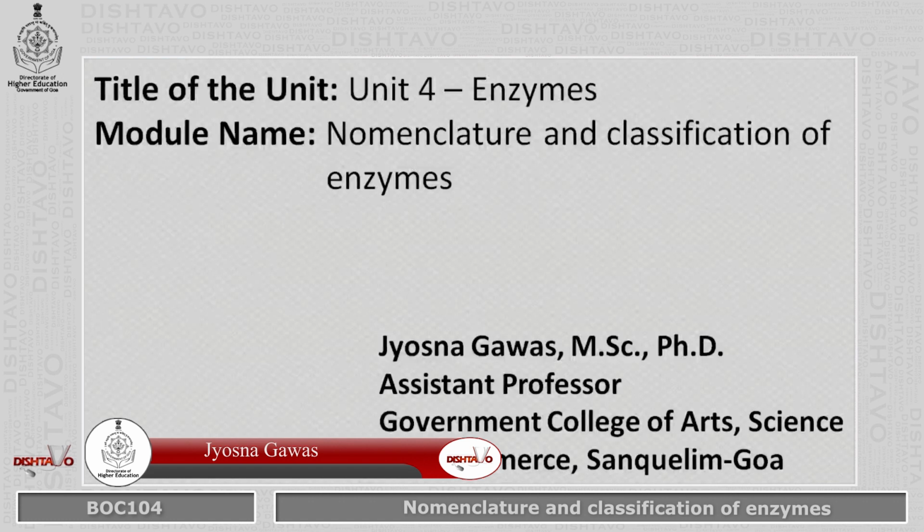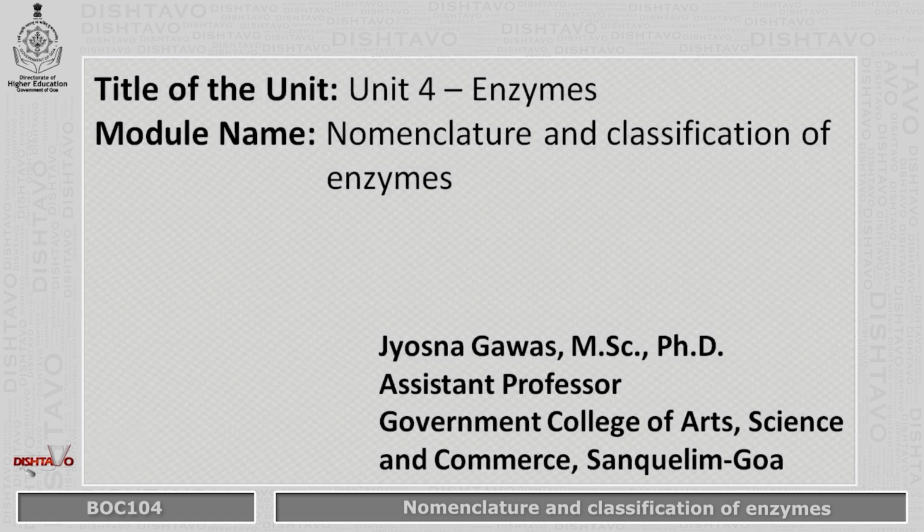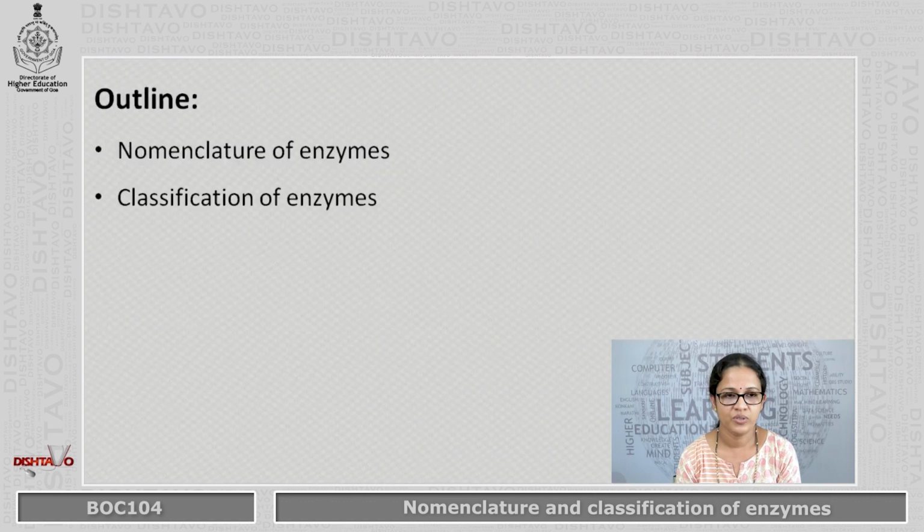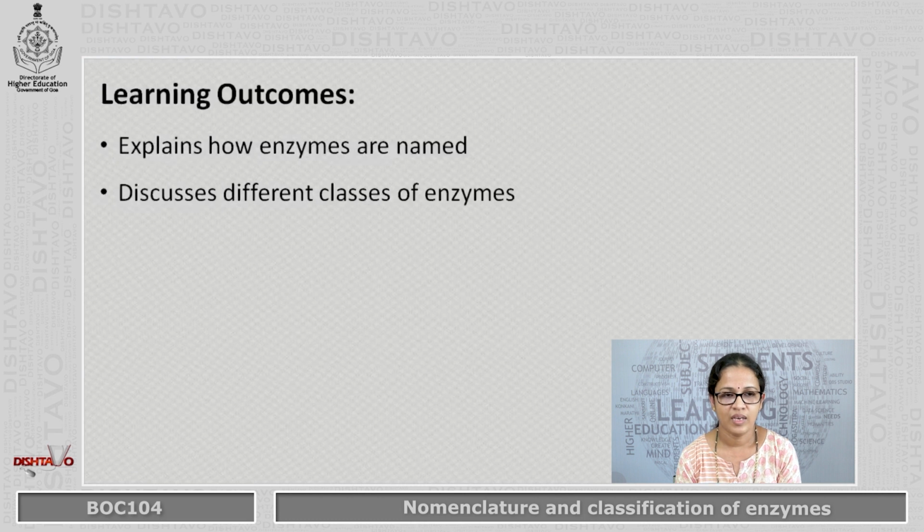The name of the module is Nomenclature and Classification of Enzymes under the unit Enzymes for BOC 104 Plant Physiology course. In this module, I'll be talking about nomenclature of enzymes and classification of enzymes. At the end of the module, you will be able to explain how enzymes are named and discuss different classes